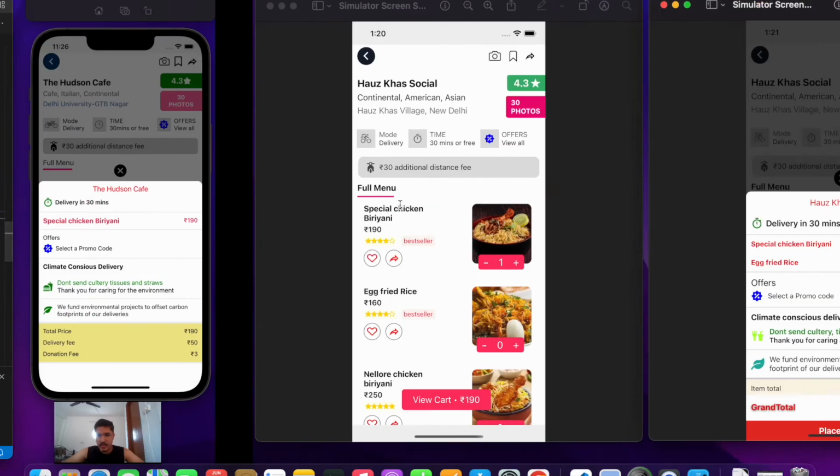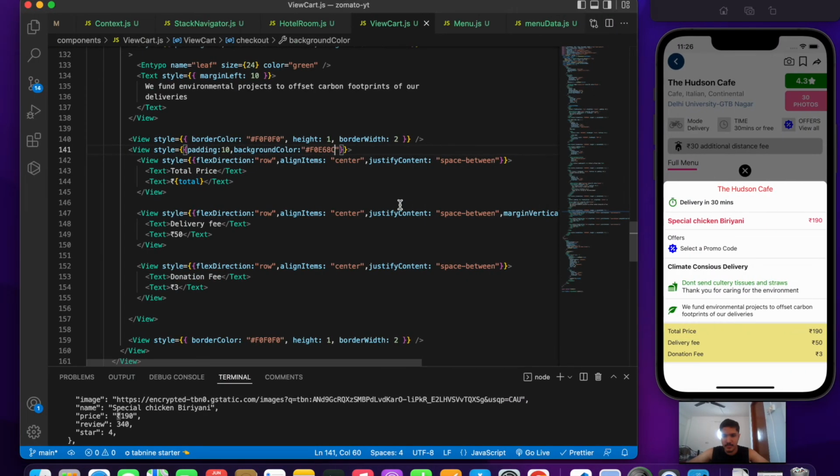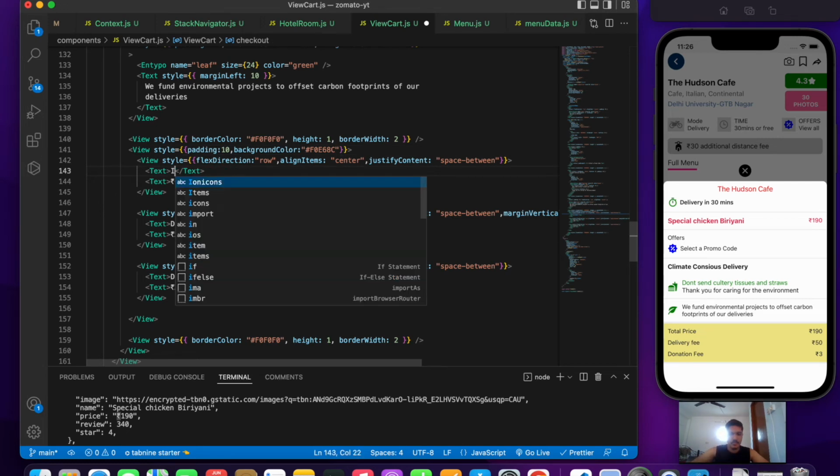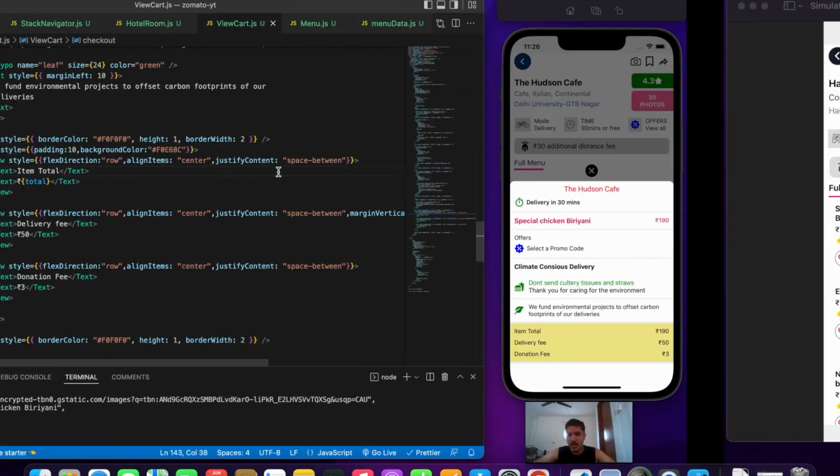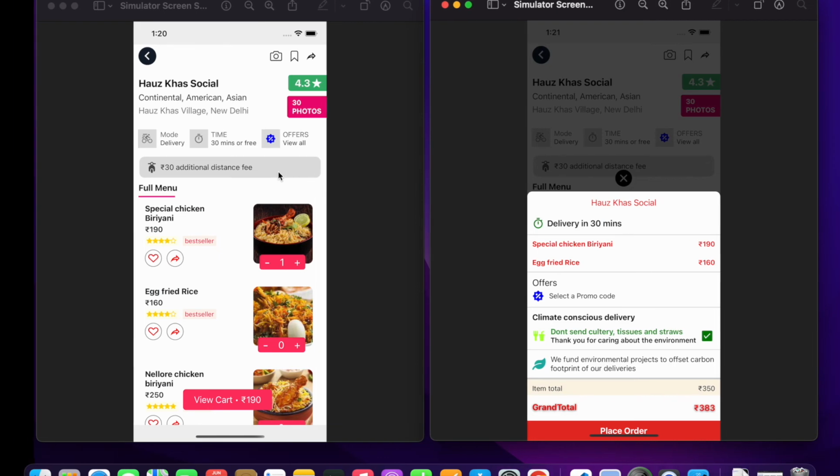So the next thing is that is the item total, not the total price. So let's remove that. So item total. Okay, next is a grand total, and then